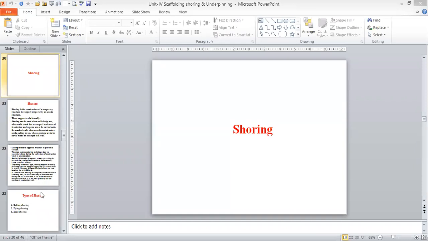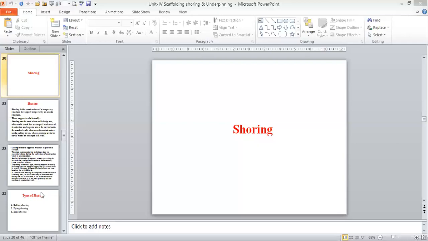Then steel scaffolding, or tubular scaffolding. This is used in the majority of cases. Almost all construction works nowadays use tubular scaffolding. Compared to timber or wood, tubular scaffolding is very easy to fix. And as we already discussed, we can use this tubular steel scaffolding multiple times, at any height.